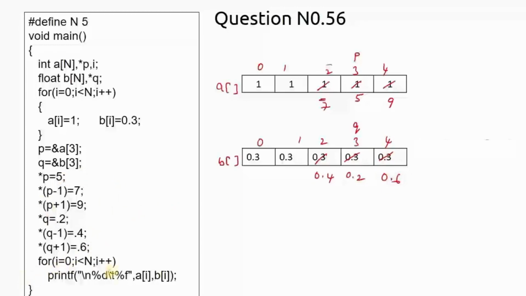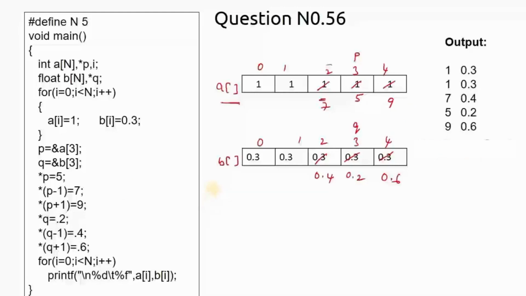Now you have to print the array a and array b. So what it will print: 1 1 7 5 9 for array a, and for array b 0.3 0.3, then 0.4, then 0.2 0.6. So like this it will assign. We need to understand the concept of pointers like this. So the output is, you can observe here,